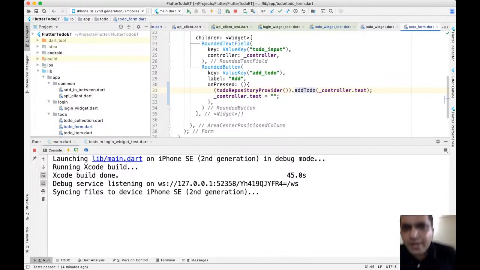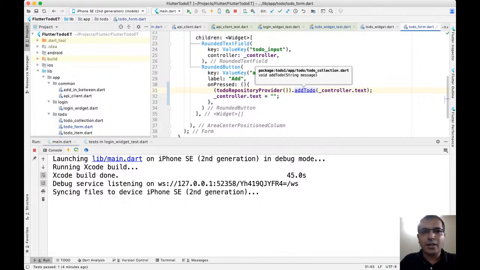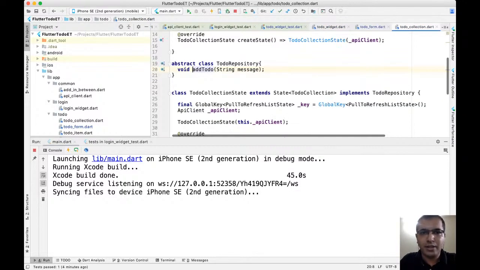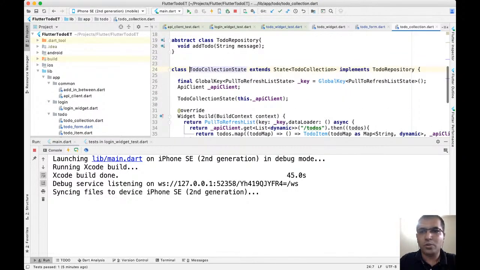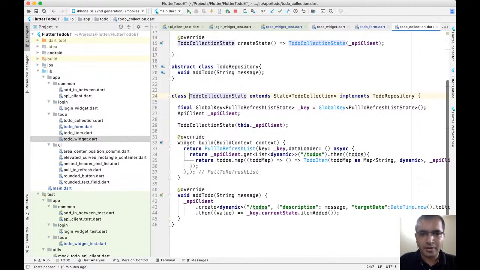So let's see how this add to do is working. It's simply an interface which is then implemented by to do collection state, and item added is a void function. Yeah, exactly. So the main thing over here is we need to write a test for it.